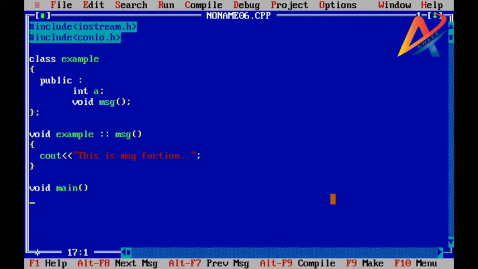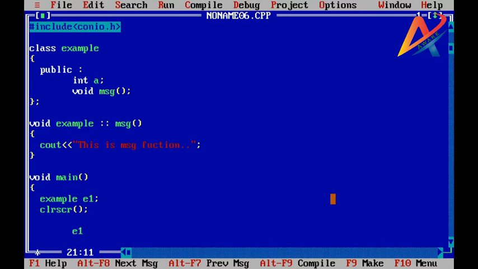Now here we have our main function and an object e1 of class example. Clear screen and getch.